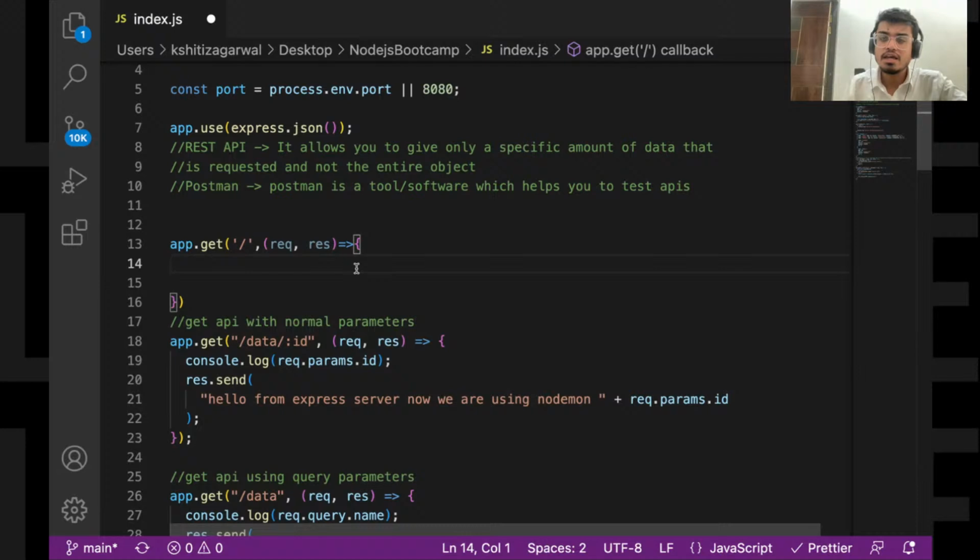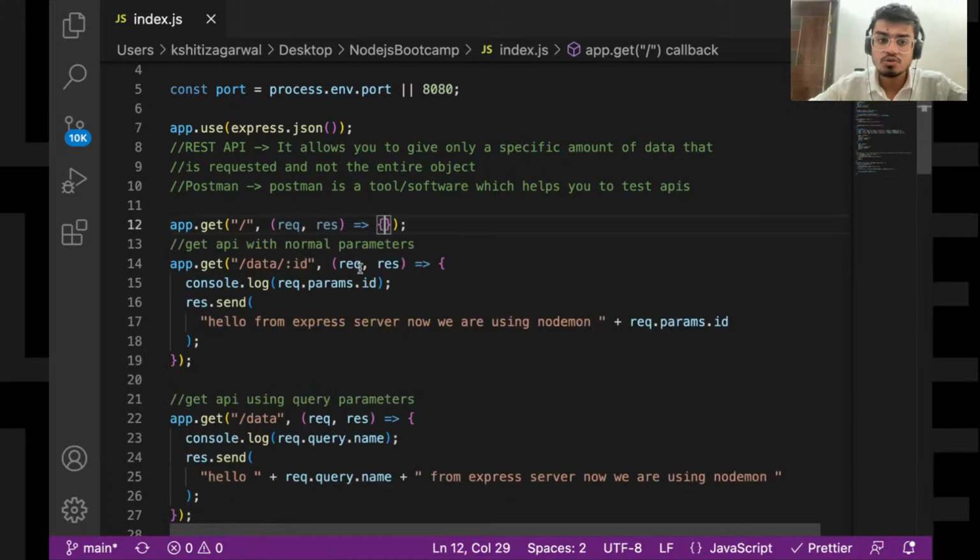Similarly, let's say the home page of an e-commerce website such as Flipkart. In the home page you see n number of products appear. All the APIs related to product listing will be put in another file, known as home.js. Like that we can bifurcate our APIs. So that is the purpose of using routing.